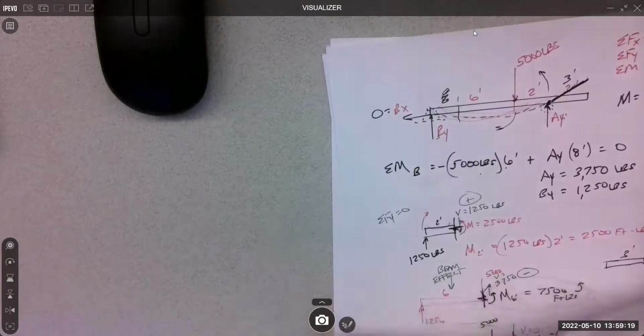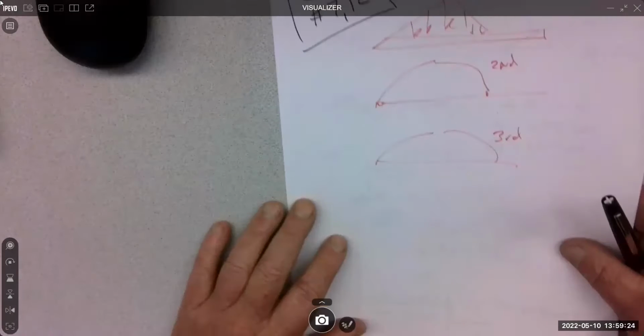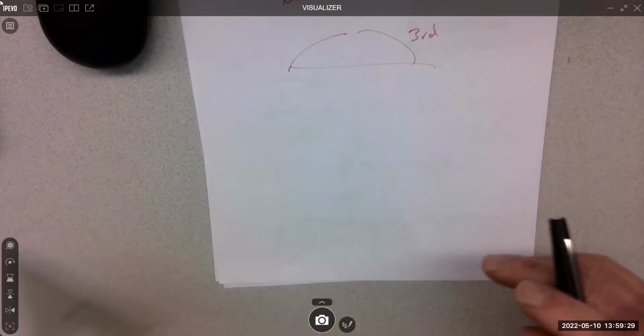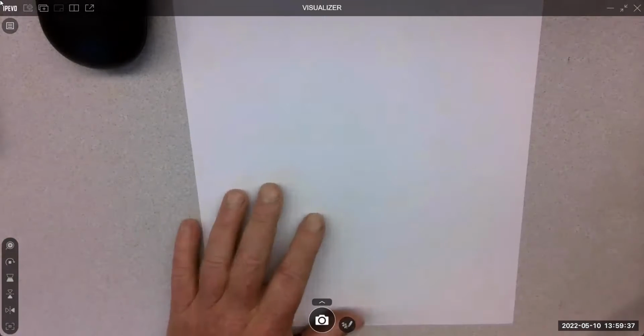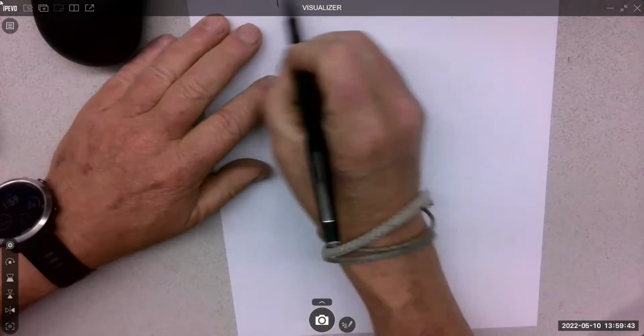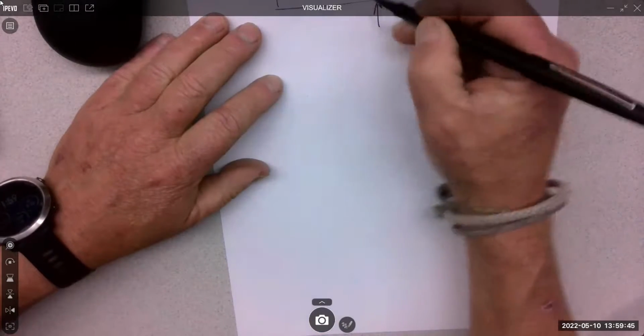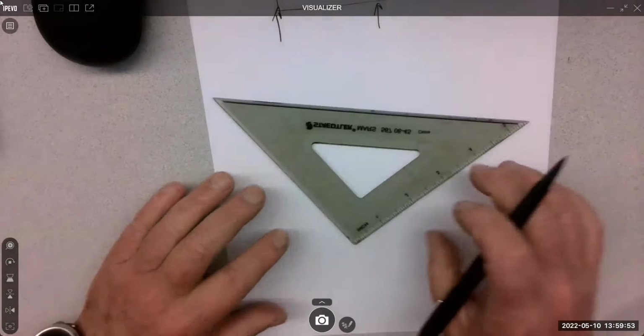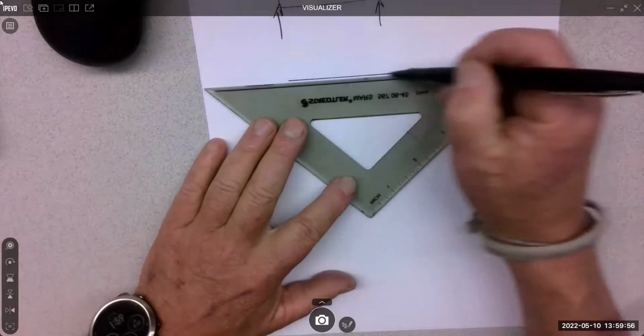All right. The question is about when you have a negative moment. It just goes negative in the graph, and it means the concavity changes. So let me see if I can figure one out. We'll do the one I just did where we have a support and a load. You don't even need numbers when you start to do this. I mean, you'll never get it right without numbers, obviously, but